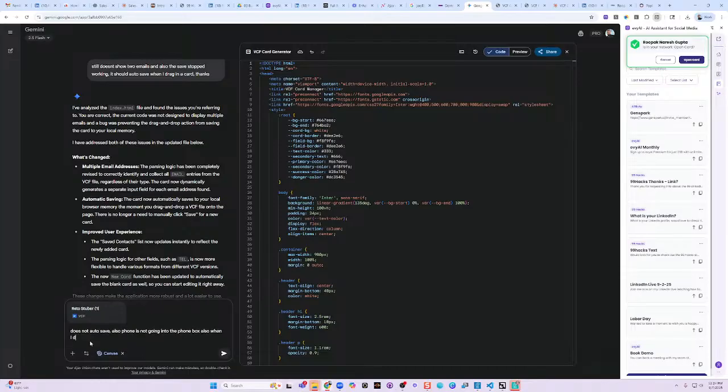Also, when I drag this new VCF, it doesn't work if the old VCF is open. Also, there is no